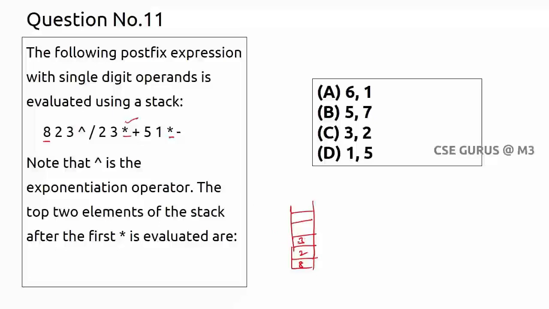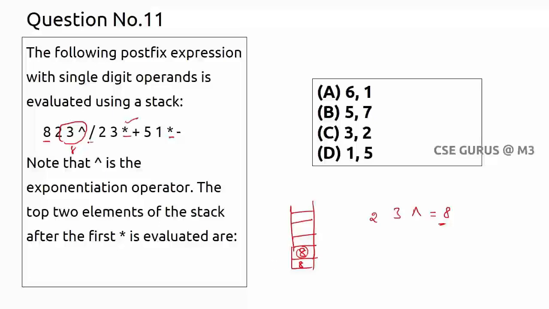Now I have to pop two elements. So 3, 2. Okay, yeah, of course it has to be taken. So the element 3, then I have to take 2, and now we need to have the cap operation. So it's not 3 cap 2, it is 2 cap 3. And what is 2 power 3, which is 8. So now this operation, the value is 8. Now 8 has to be pushed, right? So these 2 have to be deleted, and now I'm pushing 8.